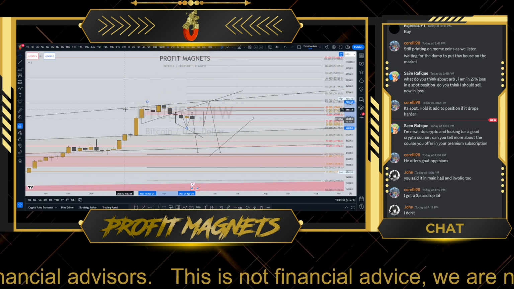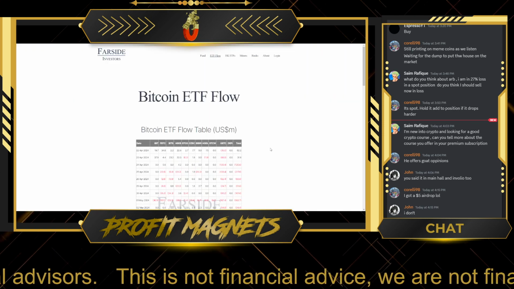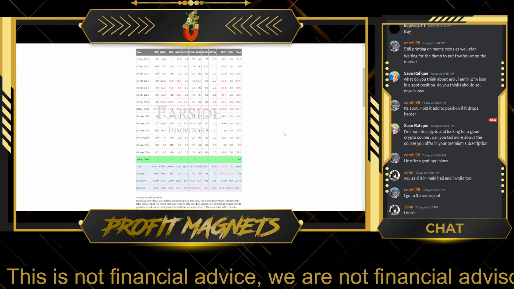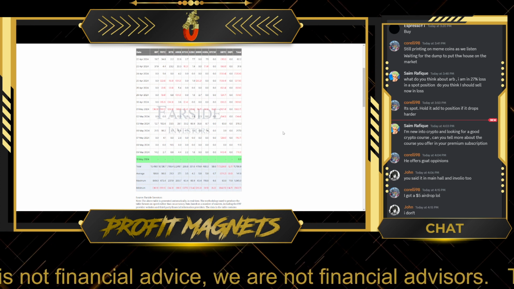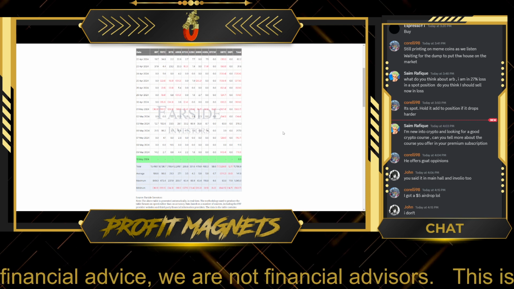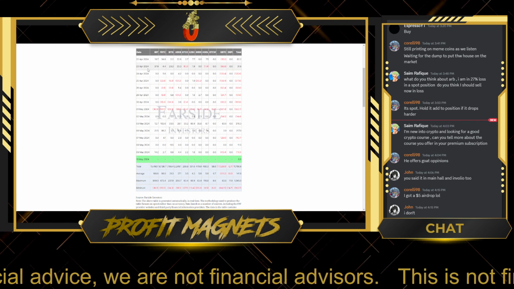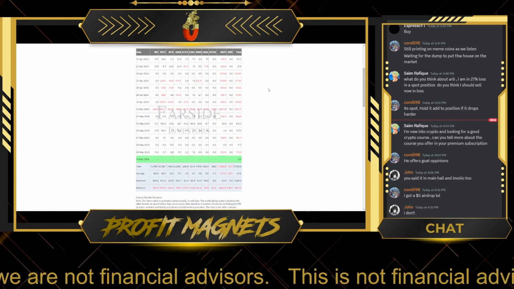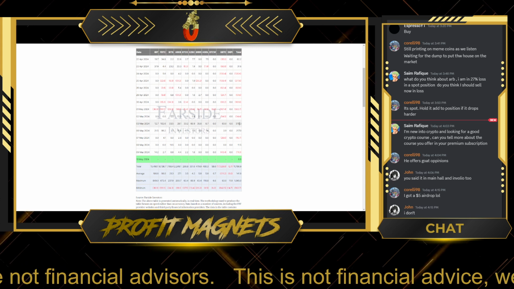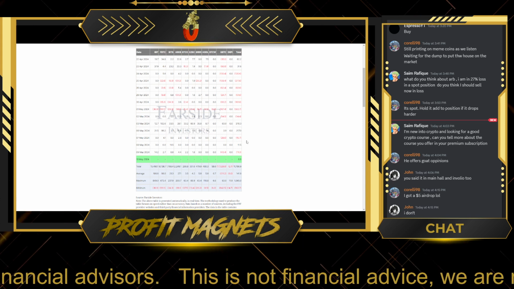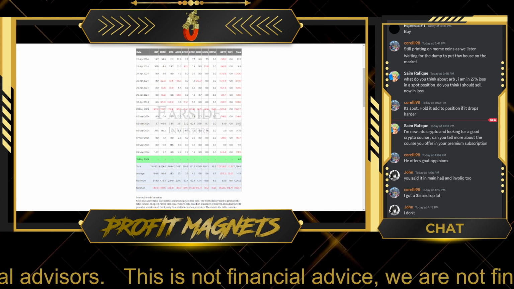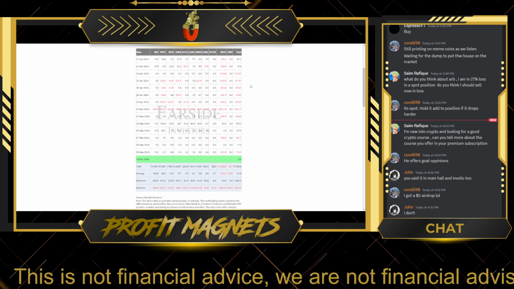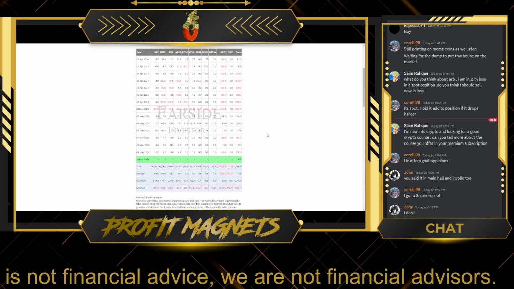People like to say, oh, the ETFs, this, ETFs, that. Have you seen the ETFs lately? Are we measuring this for what they are? Have a look how much ETFs have been sold, right? Sure, right now there are some inflows coming back in. Sure, but it doesn't match how much was sold between these dates yet.